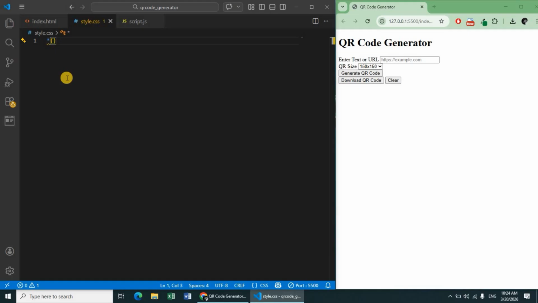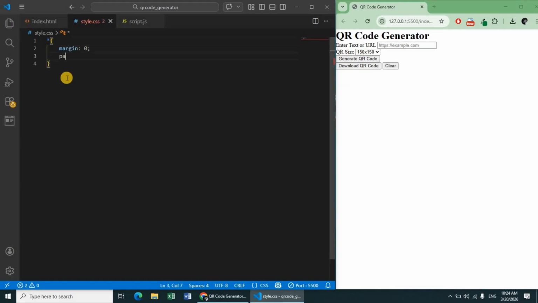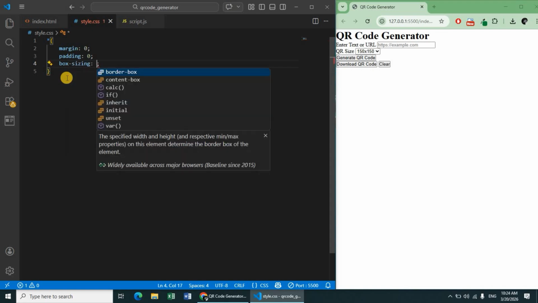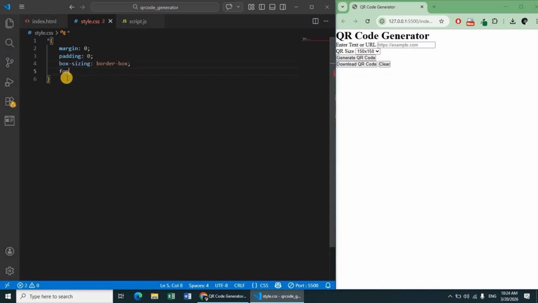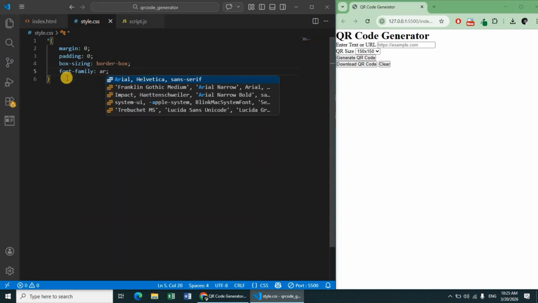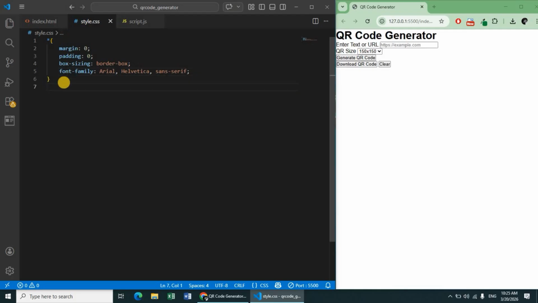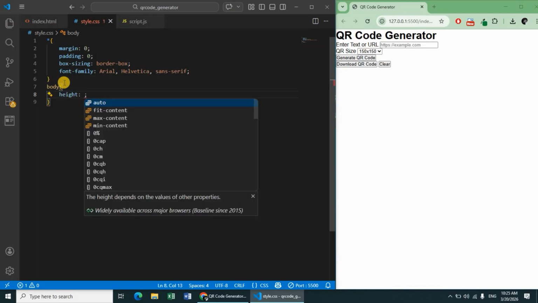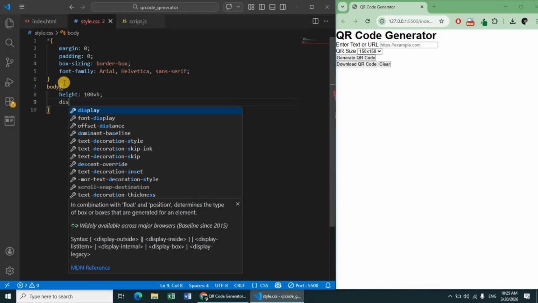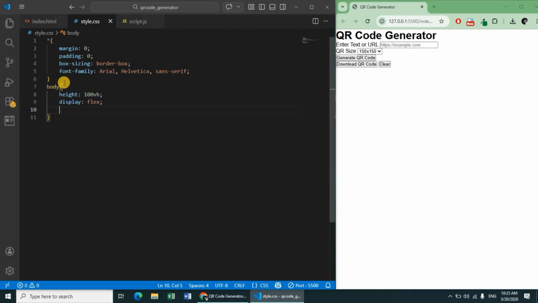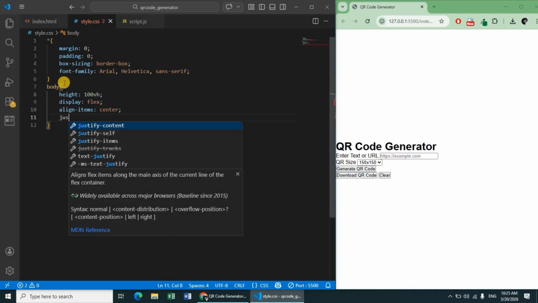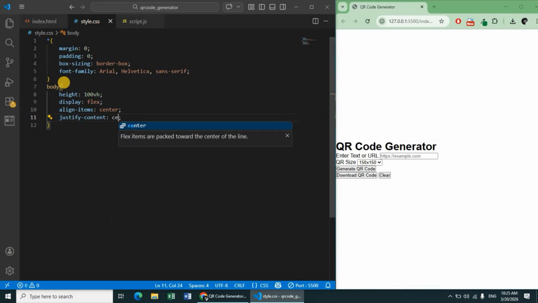We're gonna say margin, let's give it 0, let's give it padding 0, let's give it box sizing border box, and let's give it font family. We're gonna say Arial, Helvetica, sans serif. So next, let's style the body, the entire body. So we're gonna give it height of 100 vertical height. We're gonna give it a display flex, and we're gonna give it align items. Let's put it in the center, and then we're gonna justify content also to the center,